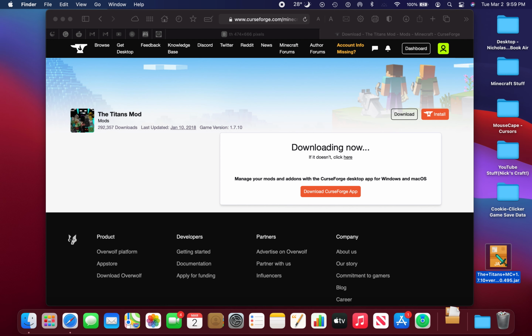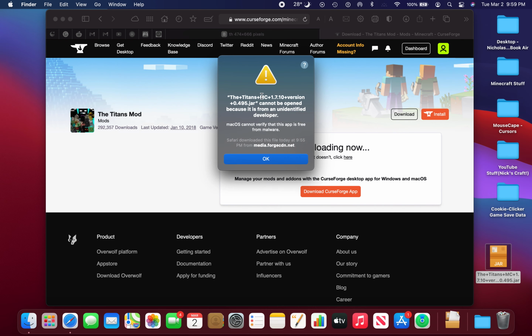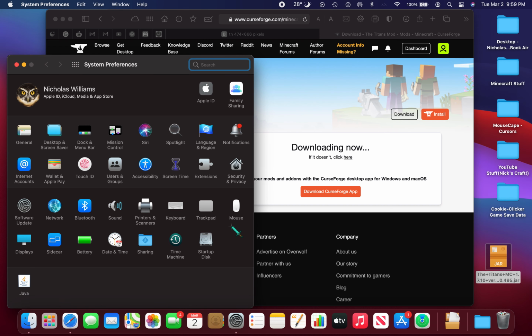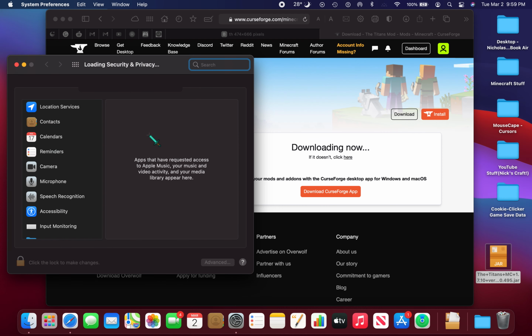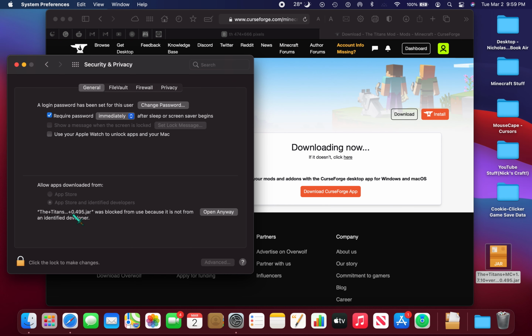Now every time you open it, double click on it or right click and select open, or you can select open with. And if it says something like this, it's okay. You can fix this, and I'll show you how. Go to System Preferences, Security and Privacy, and go to General. And as you can see here, it says the Titans, whatever the file is, was blocked from use because it is not from an identified developer. It's a totally safe file, though it's up to you to decide if it's safe or not. So we're going to click open anyway,